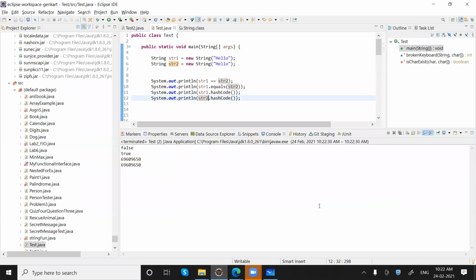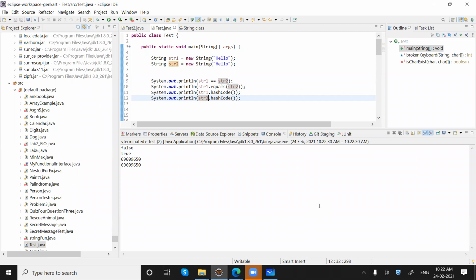So you can see we are getting the same hash code, but still when we say str1 equal to str2, then we can see we are getting false. So when we say str1 equals str2, it doesn't really compare the hash code, it basically checks the reference.